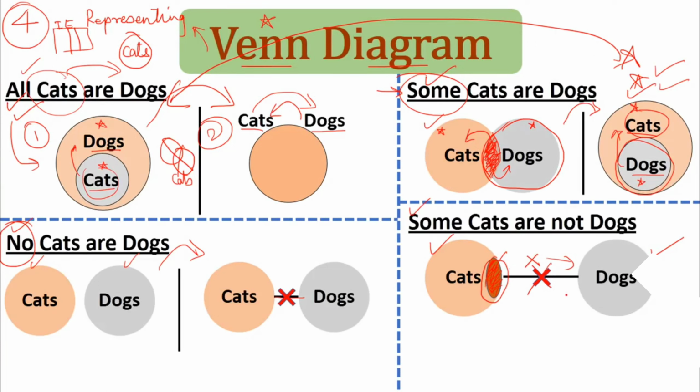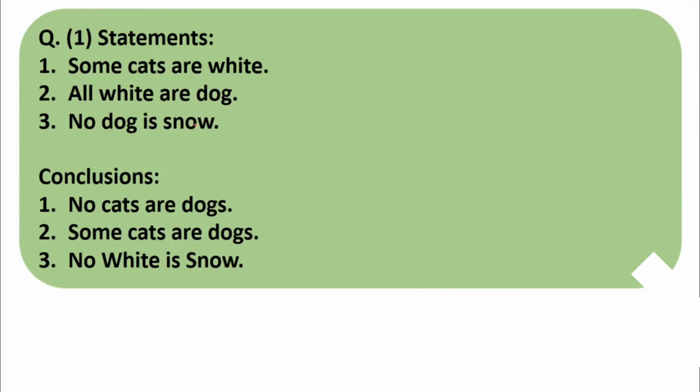This is it. These are the very basic Venn diagrams which would be useful for solving almost 100% of the sums related to syllogisms or possibilities. Nothing else is needed, only these things. If you understand this, you will be able to tackle the sums related to possibility. Normal sums, tackle using the income-expense method. Possibility sums, tackle with Venn diagram. Moving on. Question number 1, directly by looking we know it is a syllogism sum.